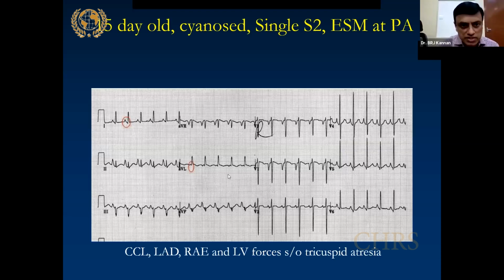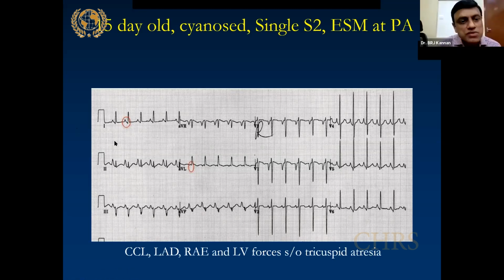Now, let us come to the QRS axis. Normally, what I expect is a right axis deviation. It is left axis deviation, so it's abnormal. Okay. Now, I am seeing a tall P wave in 2, 3, and AVF, suggestive of right atrial enlargement. Okay. Second positive finding. What I told earlier, normally Q waves are seen in 2, 3, AVF.